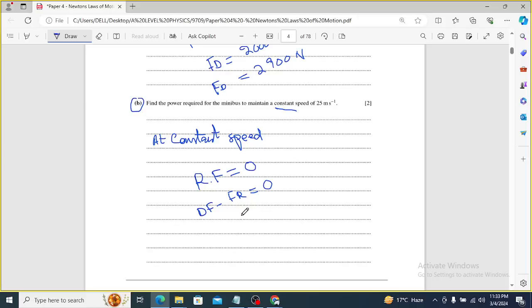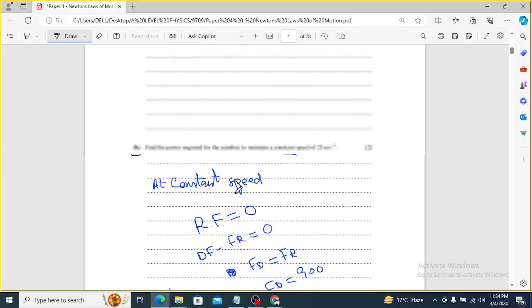So it should be 22,500 watt. This is my power. I calculated my power. Look, at constant speed, find the power required of the minibus to maintain a constant speed of 25 meter